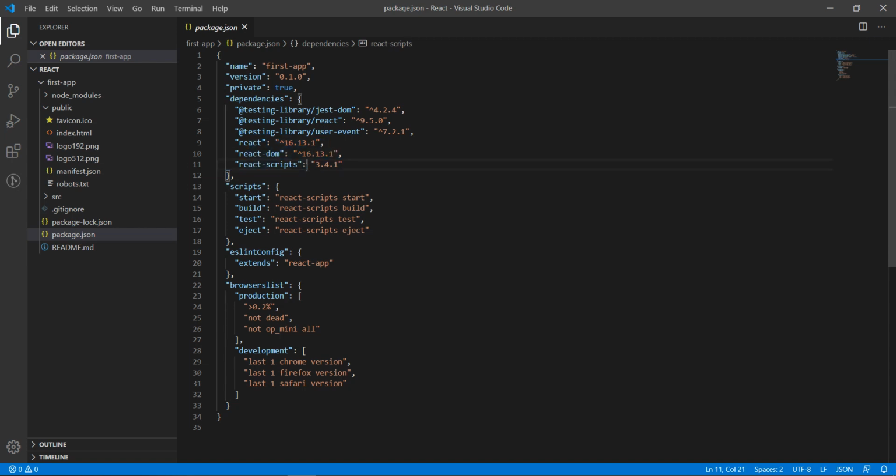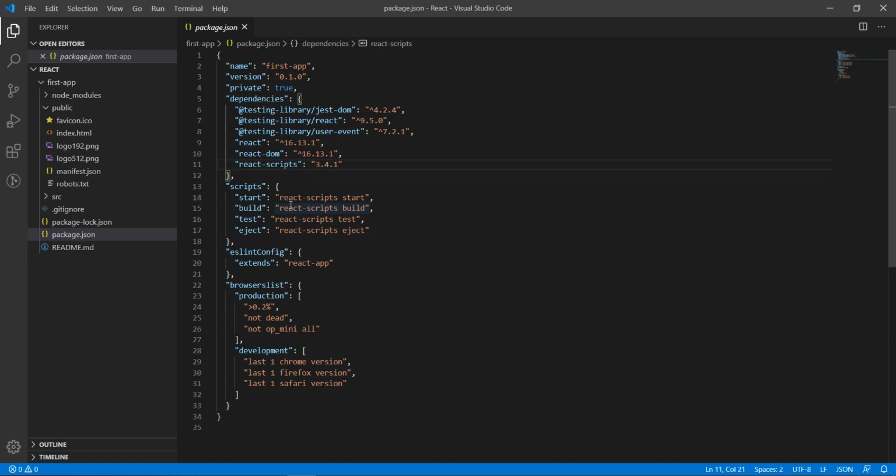We also have a list of scripts like start, build, etc. When we hit the npm start command, it will run react-scripts start. In the same way, you can run npm build to create a production build.